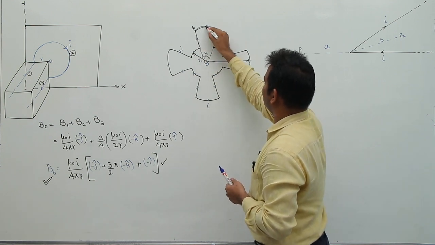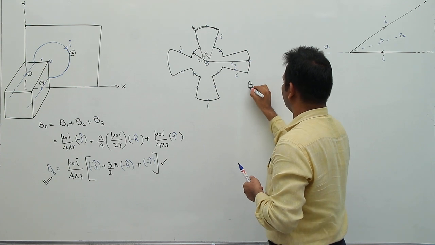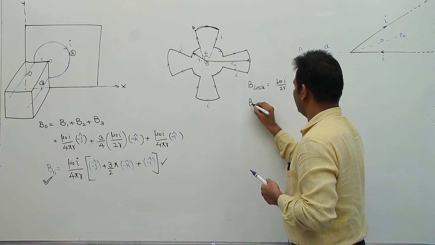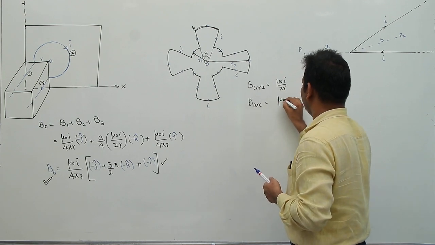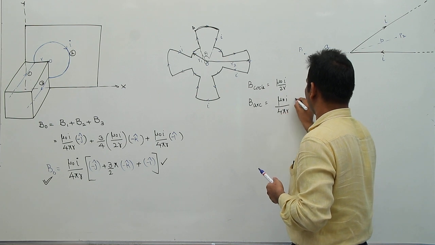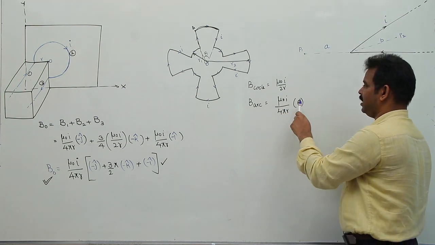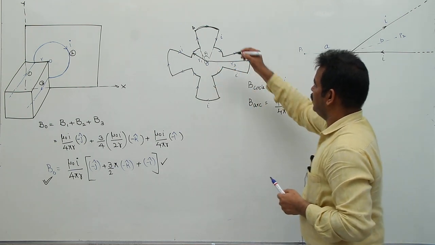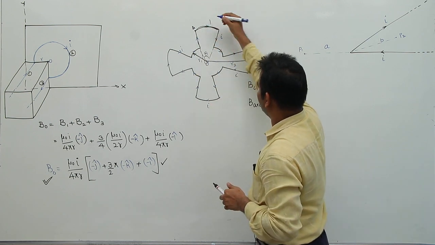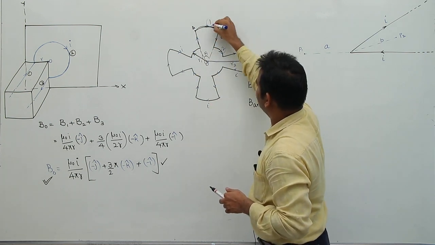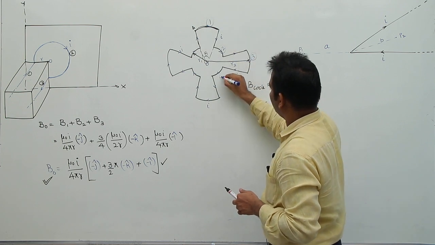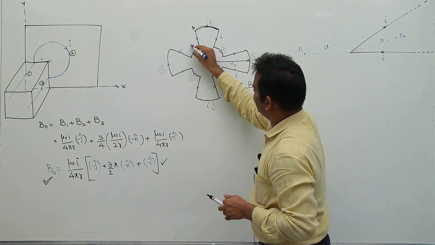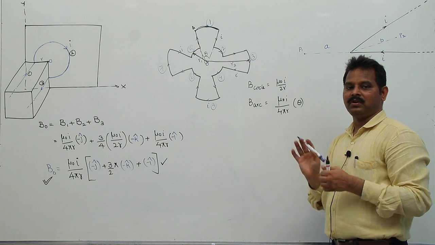So what is the magnetic field due to this portion at this point? Magnetic field due to a complete circular coil at the center is given by mu naught I by 2r. Magnetic field due to an arc is given by mu naught I by 4 pi r into theta. If theta is 360 degrees, 2 pi gets cancelled, we get the same value. Now here this is the first arc, arc 1, this is arc 2, this is arc 3, arc 4, arc 5, arc 6, arc 7, arc 8. We have 8 different arcs.